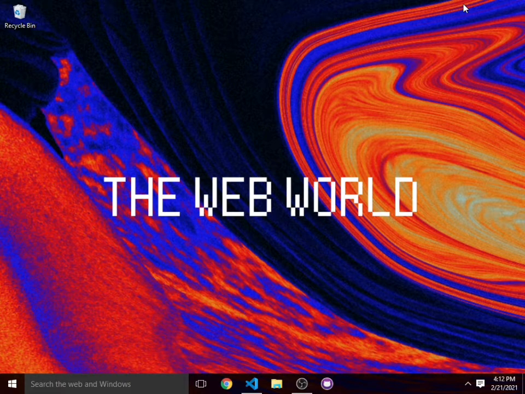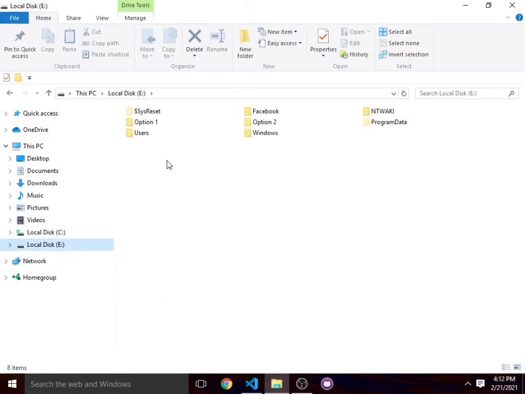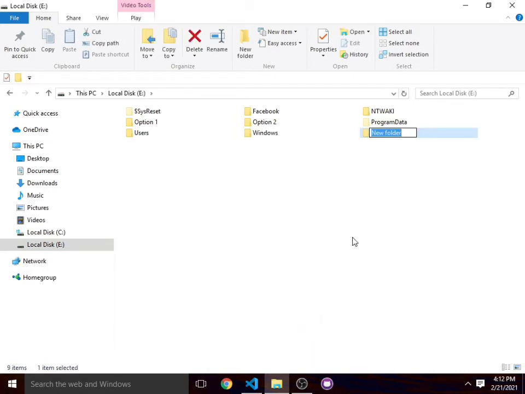There is one very clean, professional way to do this, and I'm going to do it now. You go to your file explorer, go to your local disk, or you can even do this on a desktop. I'm going to right click, go to new, and press on folder. I'm going to open a new folder, and I'm going to title this folder